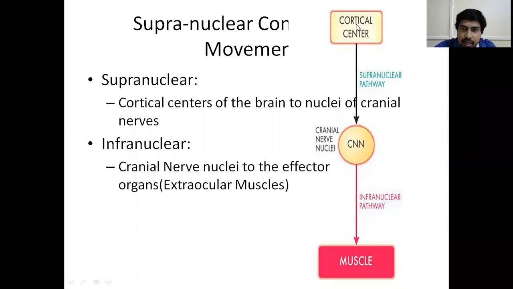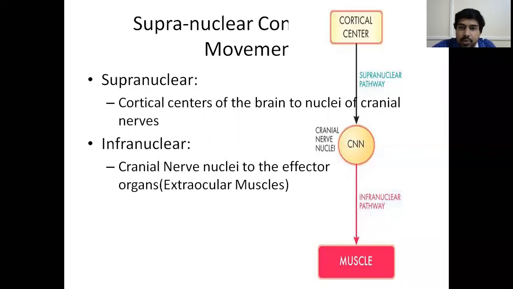So from the precentral gyrus, and here it is a little difficult. Here precentral gyrus and even prefrontal gyrus and many cortical areas come into action in supranuclear movement. It is a very big topic. There are different areas like frontal eye field, superior dorsolateral prefrontal cortex, etc. There are many areas. It is not required for your level. So there are many centers in the cerebral cortex from which the impulses pass to the cranial nerve nuclei, that is the third, fourth, and sixth cranial nerve nuclei, which are located in the brainstem.